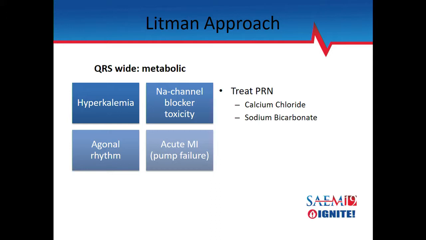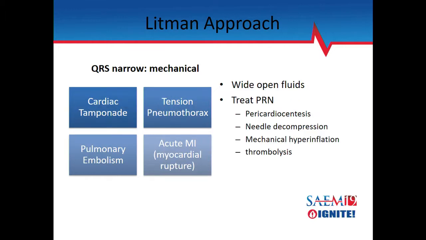But we know hyperkalemia and sodium channel blocker toxicity both cause wide QRS. So it makes sense that those are the things that you think about. They did recognize that there are some other causes of wide QRS that you have to consider as well. And then narrow, more likely to be mechanical. So your tamponade, pneumothorax, PE, acute MI. Most of those are preload dependent, and so they rationalized giving fluids early, wide open,